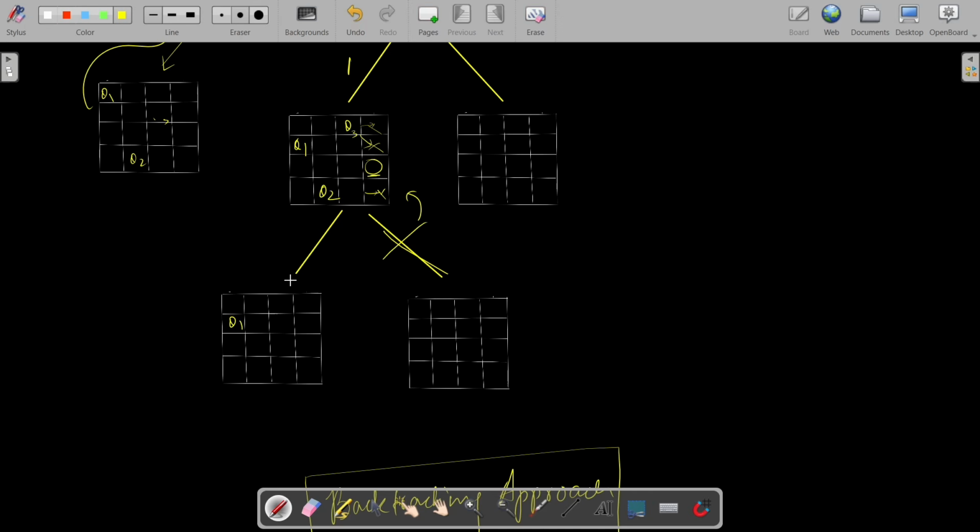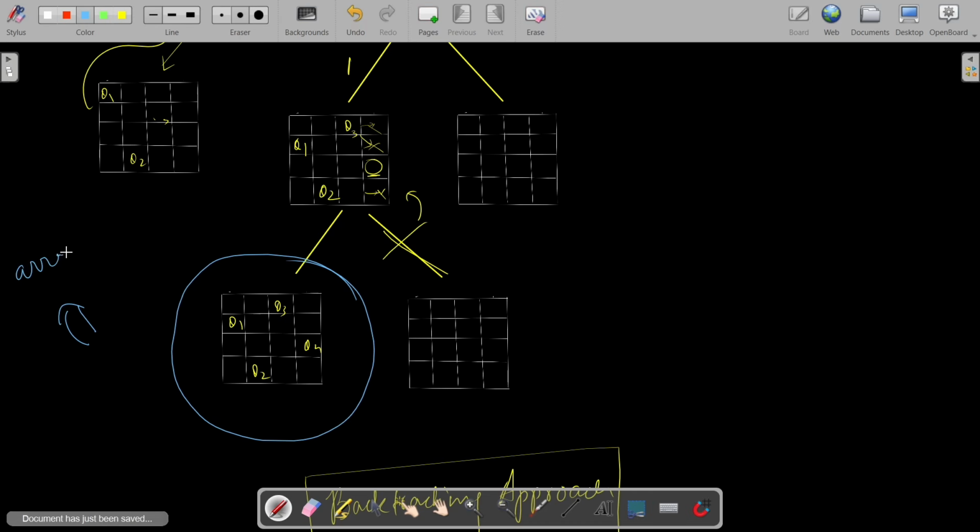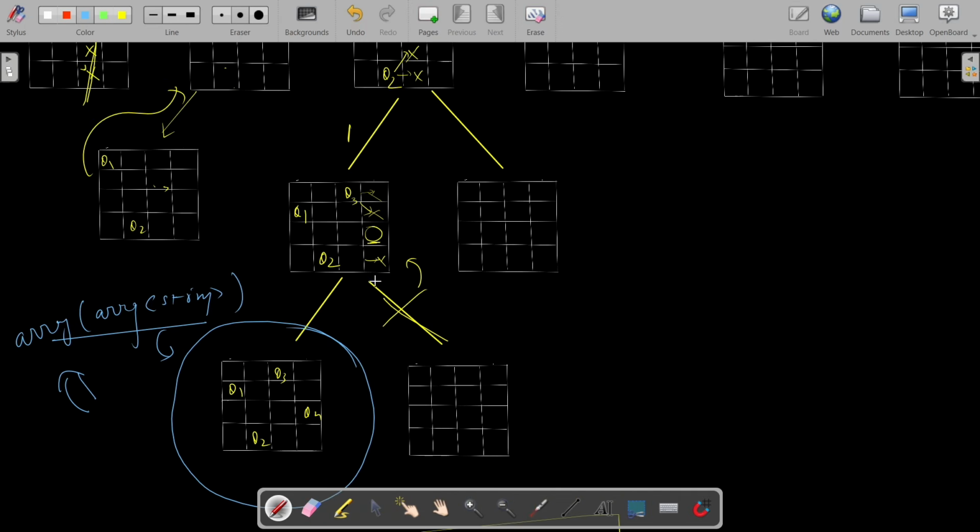That is, we'll place q1 here, q2 here, q3 here, and q4 here. So we got one valid answer. We place it inside the array of string, as this is the answer. Now we cannot move here, so we'll backtrack, we'll return,